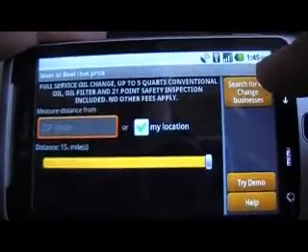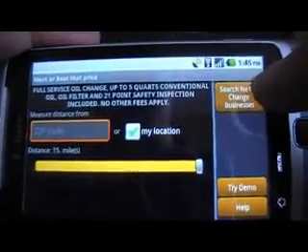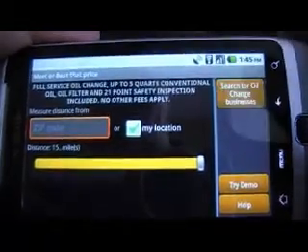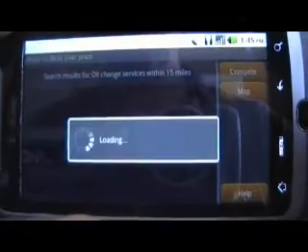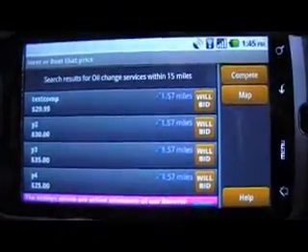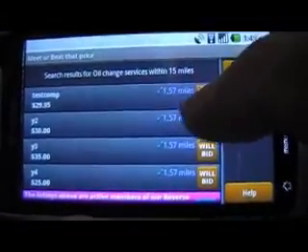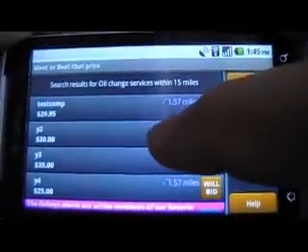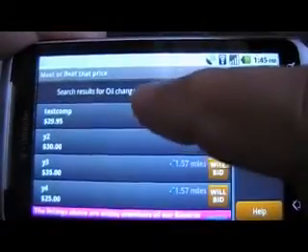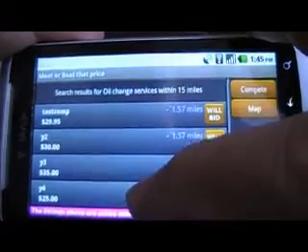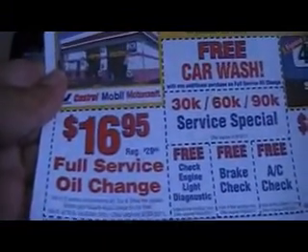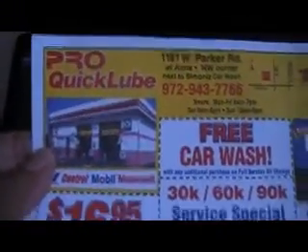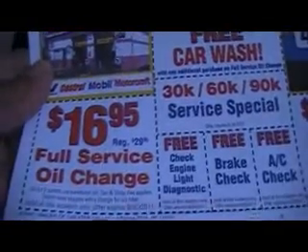Today we're going to do a demonstration using All Change Businesses. Clicking here, and the system identified 4 member merchants, which in this case are all samples, with prices ranging from $35 to $25. In the case a customer has a coupon like this one from Pro Quick Lube, $16.95 full service oil